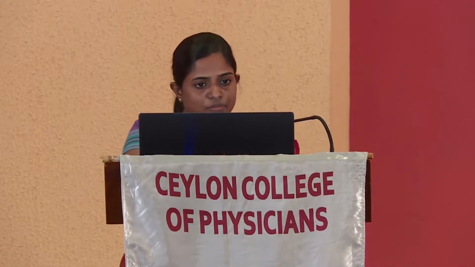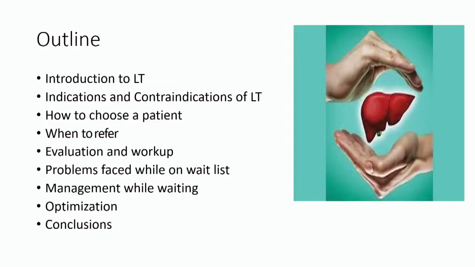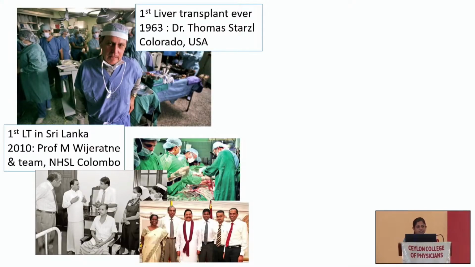So the outline of my presentation is the introduction to liver transplantation. What are the indications and contraindications to liver transplantation? How to choose a patient? When are we going to refer? And how to do the evaluation and workup? What are the problems we are facing while on the waiting list, how to manage those problems, and further optimization? So a brief introduction to liver transplantation: it has been there for more than 35 years, and